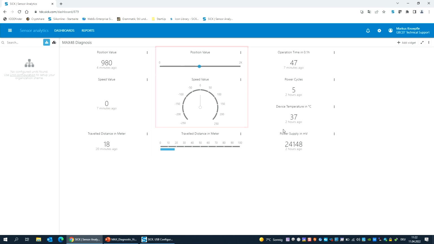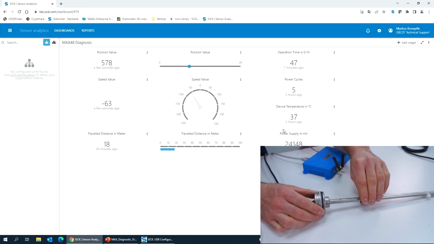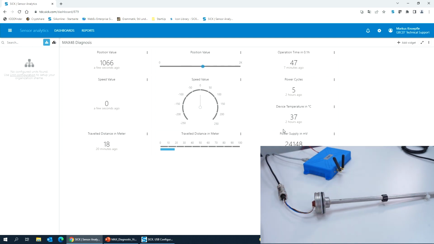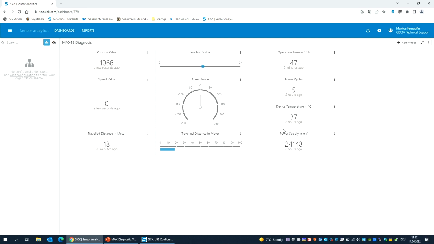Here in the cloud, you also see the position and the speed value, which you can see if I move the magnet. You see this value traveling up and down. But in addition to that, the diagnostic data is also communicated into the cloud. We see the travel distance, it's 18 meters. We see the device temperature, we see the power supply voltage, also the power cycles, in this case 5 cycles,